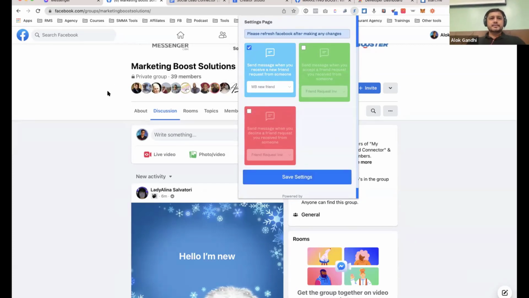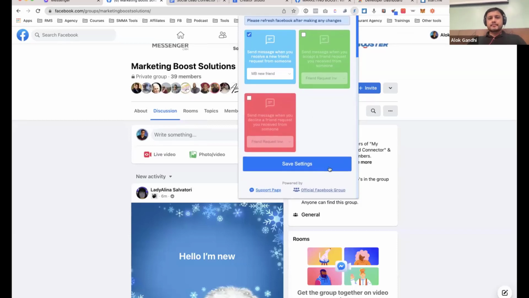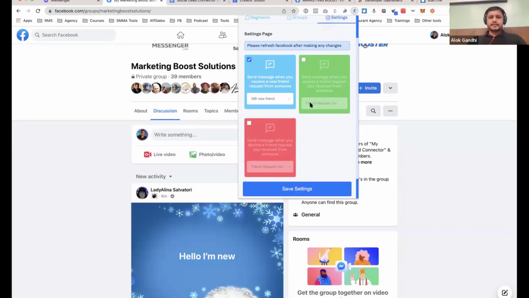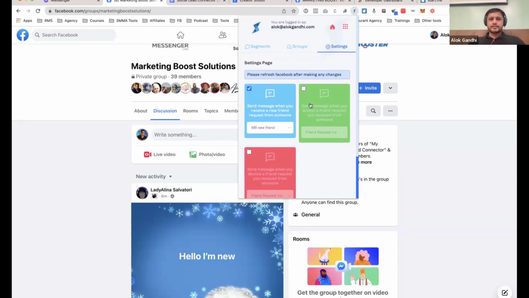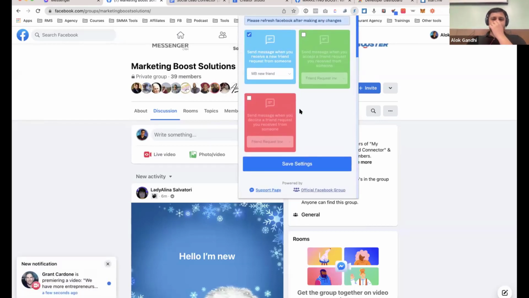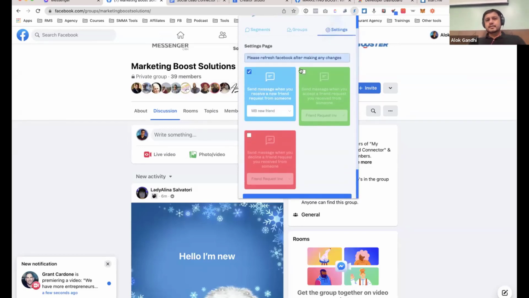Now the process for the update is we take your complaint, we see if we can solve that straight away. If we can, we'll let you know how to do that. But if not, we have to get a new update and we push that to the Chrome store, and then your extension gets automatically updated. So this thing not working right now, I'm going to reach out to my developers and see if something has broken because of Facebook or whatever, and we'll push an update and we'll notify you guys. Okay, but this is how you set it up.